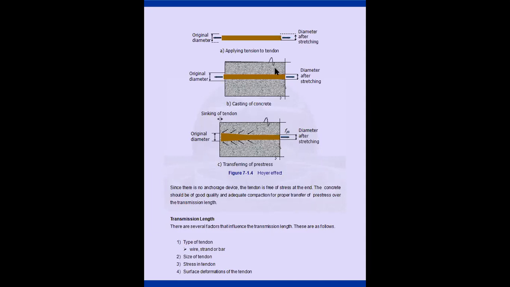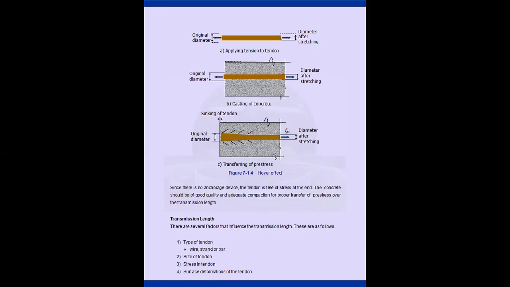After pouring the concrete into the mold, because we are talking about pre-tensioning. In pre-tensioning, what is the basic thing you have to remember? In pre-tensioning, stressing is done initially and then concrete is poured. In post-tensioning, after pouring the concrete and after the concrete attains its strength, you insert the strand and do the post-tensioning. Understand? That difference you have to be clear about. Now we are talking about pre-tensioning.